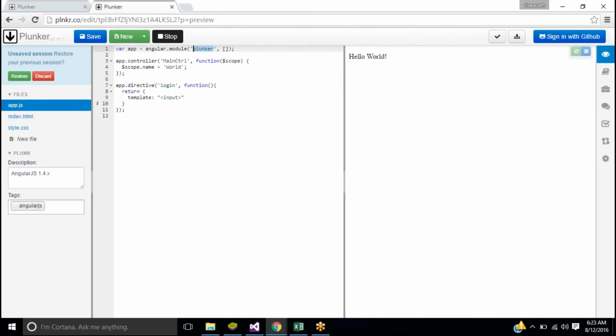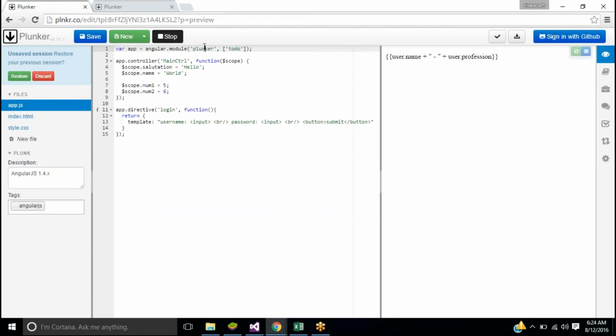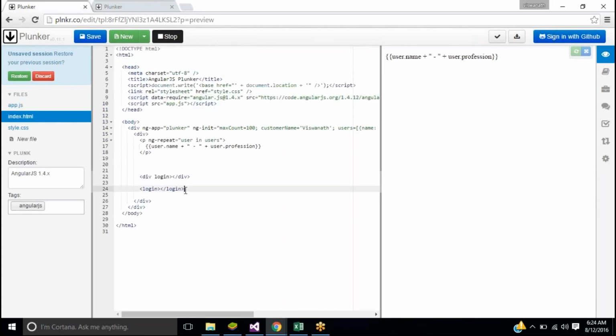Module name is this one, right? You should mention that module name here. Then you'll get the power. This application will get the power of using the to-do app. Then you can directly say to-do, and that will render. Got it? Whatever directives we declared there. So you can have your own documentation page for your library, your directive, and say that, see, my directive works like this. You can use the tag name to-do, and it will render a to-do application there. And if you want to give some configuration options, you can also give configuration options.